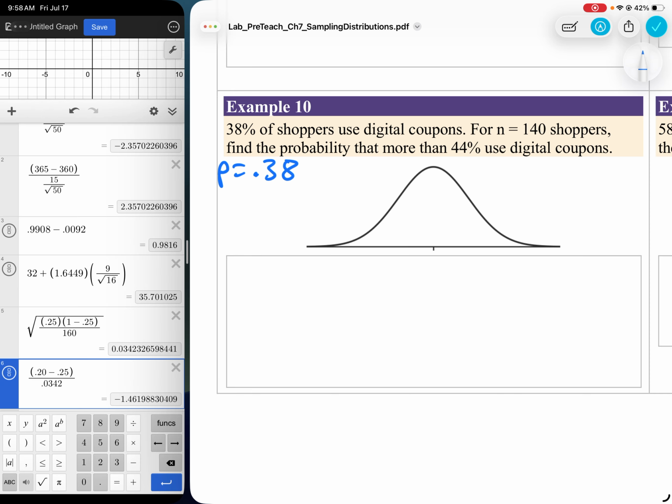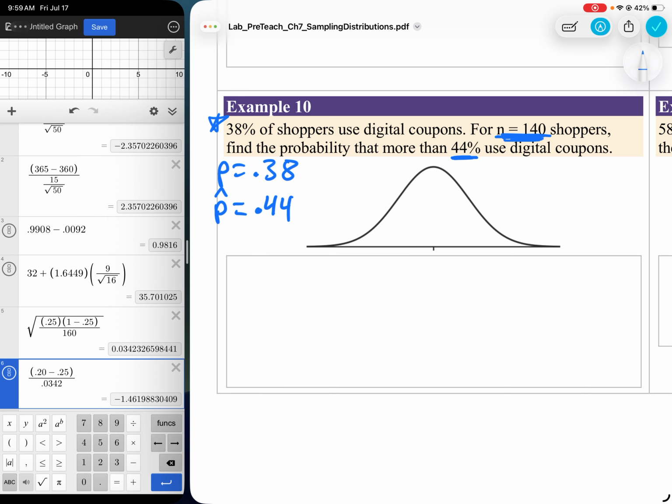Now, if we took a random sample of 140 shoppers, we want to find the probability that more than 44% will use digital coupons. So we want to know, if we take this sample, what is the chance that this is true in the sample, which means that's p hat. P hat is our sample proportion we're analyzing. P is what we think is true of everyone, 38% of all shoppers. P hat is what we are trying to predict will happen in the sample. So since we were taking a sample of 140 shoppers, and that's the proportion we're analyzing within the sample, that